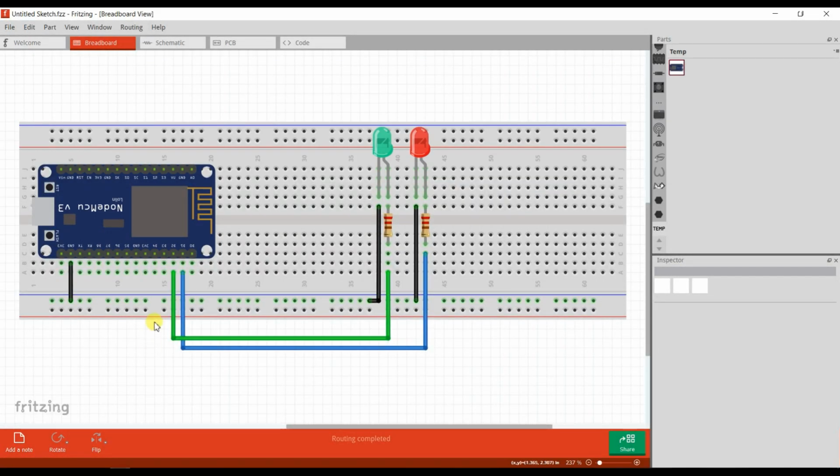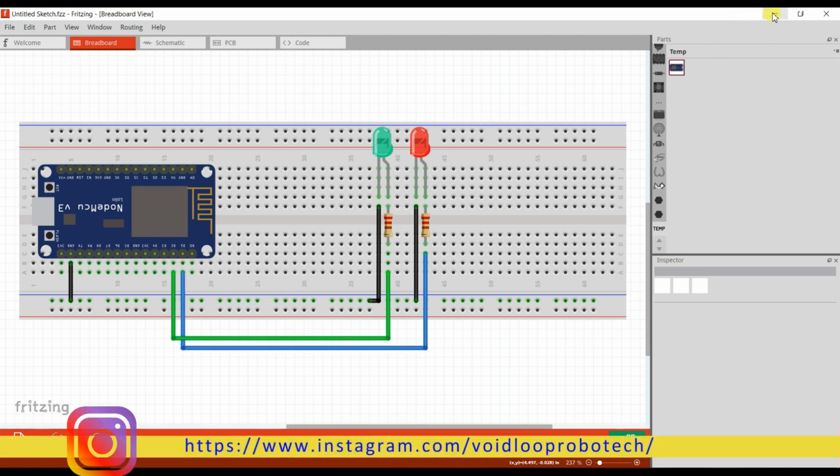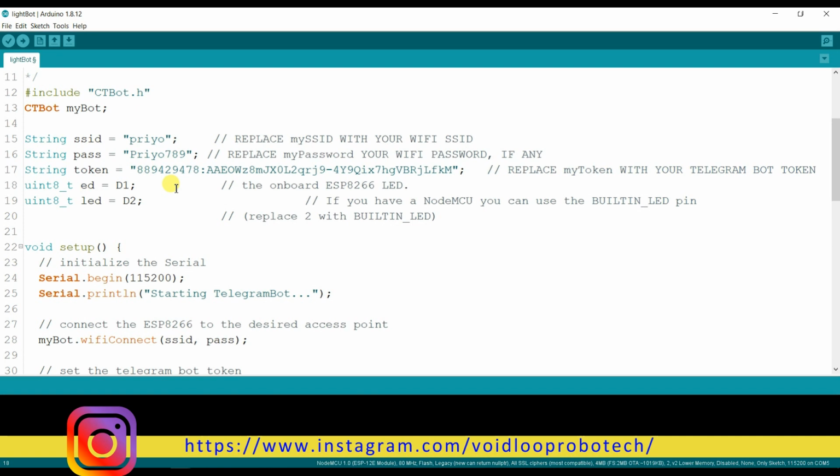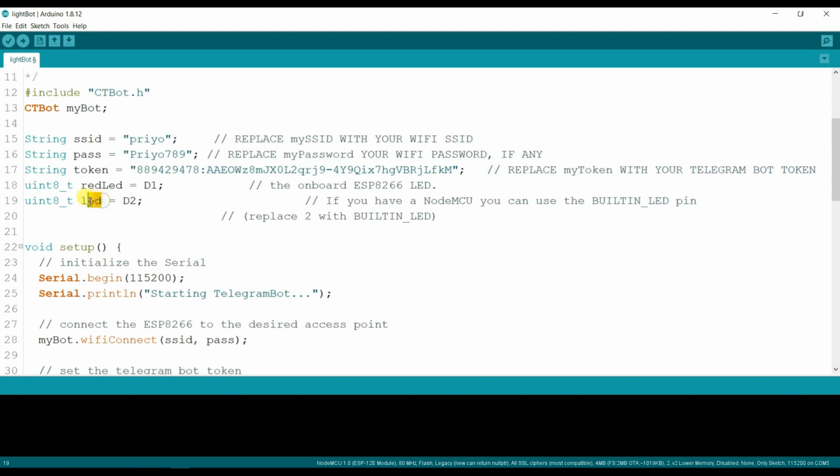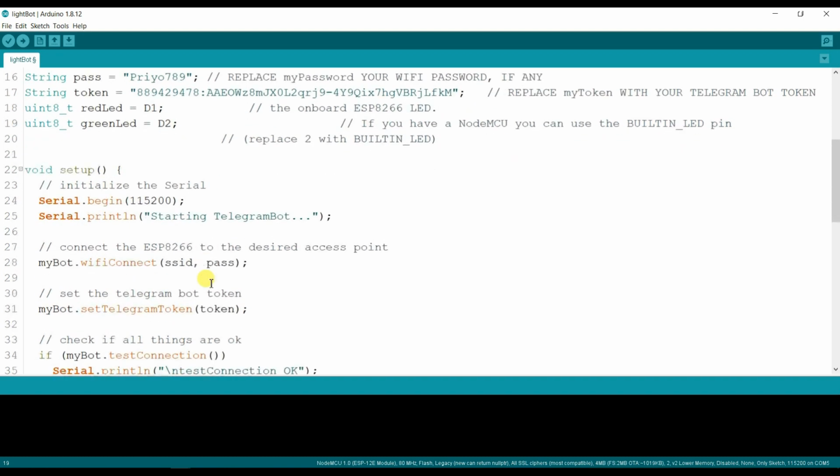So green LED is connected on D2 and red LED is connected on D1. Okay, so red LED is D1 and green LED is connected on D2.